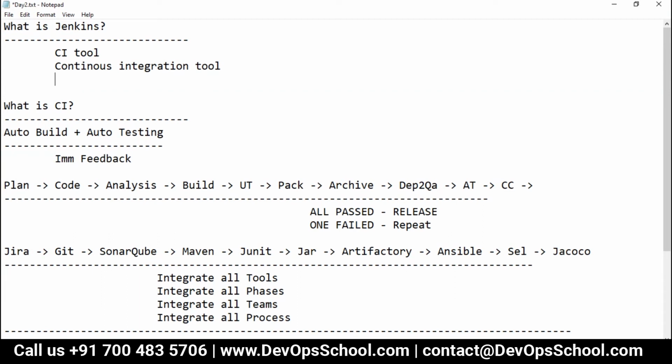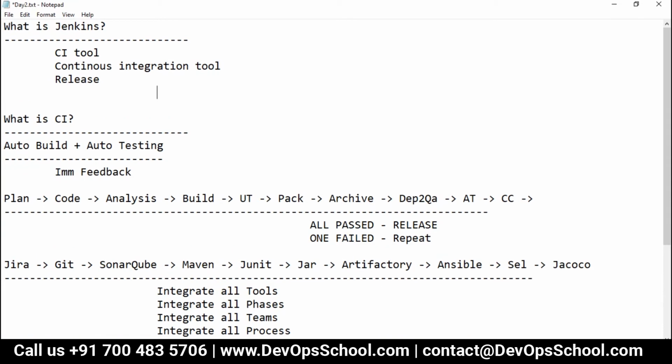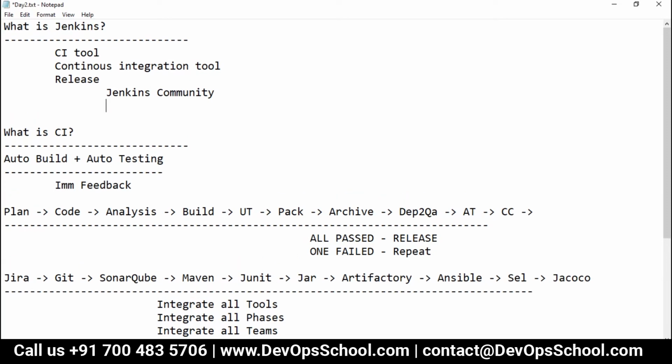Guys, we have different kinds of releases in the Jenkins family. One is Jenkins Community Edition, the one I'm teaching you right now. Another is Jenkins Enterprise.